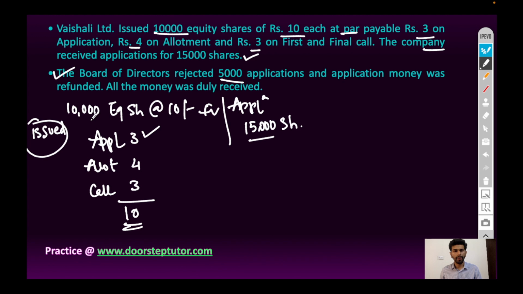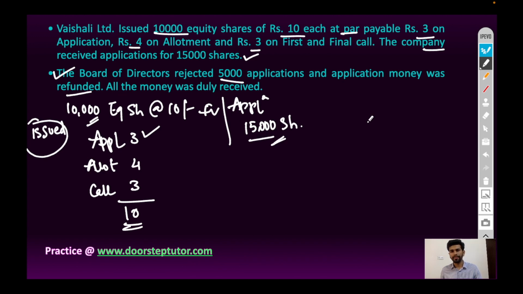It means the board of directors rejected excessive share applications because the shares are oversubscribed. 10,000 equity shares are going to be issued by the company, but public has subscribed for 15,000 shares. 5,000 shares are oversubscribed. So board of directors decided to reject and application money was refunded. Application money of 3 rupees per share will be refunded on 5,000 equity shares